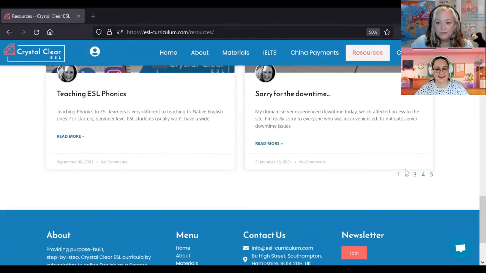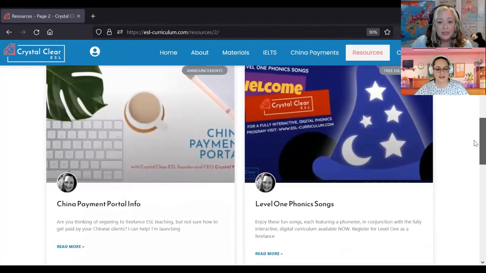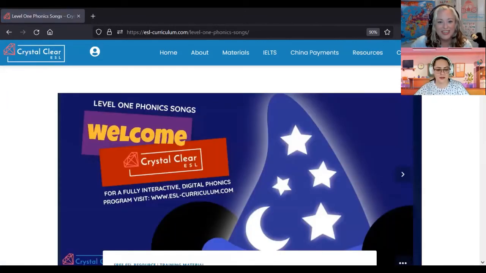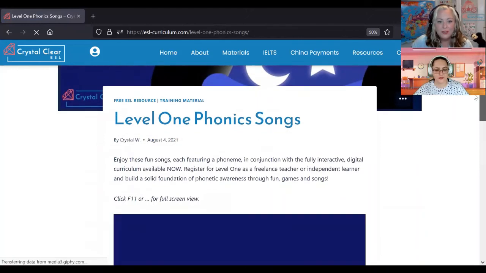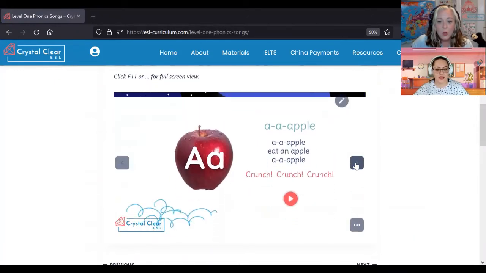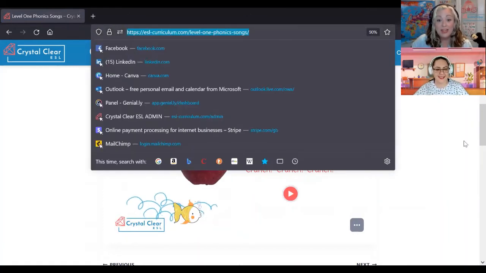I'll show you now. You can either use the search bar that you see at the top here, or you can just scroll and check out each page so that you don't miss anything. This one is for the level 1 phonics songs. You can see that there's a slideshow here with each page available and the audio clip as well. You can even copy and paste the URL to share with parents so that they can practice with their children